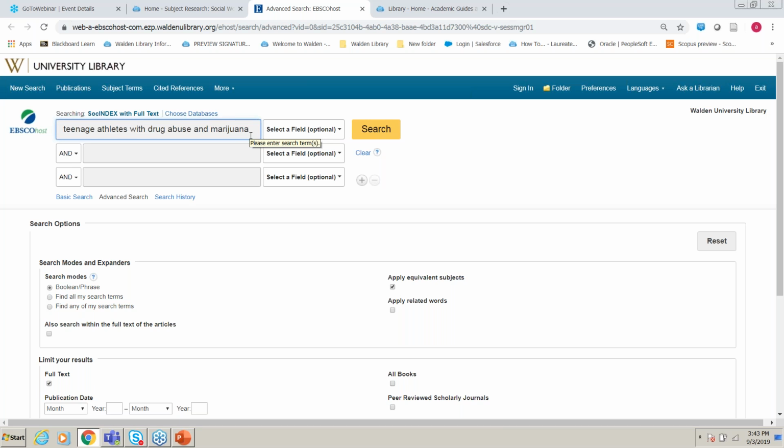The more results you get, the more you start seeing how the database is indexing subject terms, and you're going to be like, oh, I get it, I get it. They don't want me to say teenage, or they want me to say adolescent or teenager, or teen. So you'll start seeing those things, but do not overwhelm the database with large search strings. We call this keyword strategy. Instead, we might do